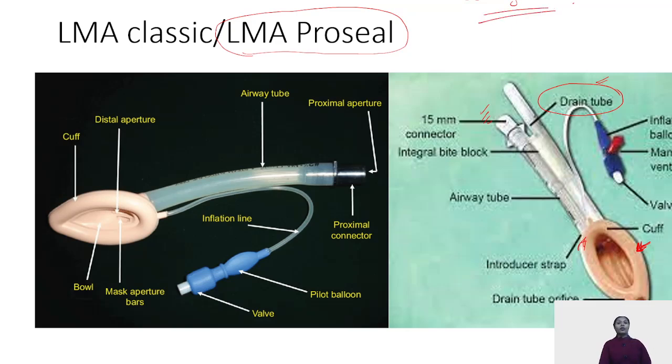The sealing pressure is how much pressure these LMAs can protect us against aspiration. Suppose the intragastric pressure increases to the extent that the chances of aspiration increase. That is the sealing pressure. For classic LMA, it is just 25 centimeters of water, so there is very little protection against aspiration. But when we talk about the second generation LMAs, the ProSeals or iGel, Baska mask, they give a sealing pressure of around 60 centimeters of water, which is well sufficient for your laparoscopic surgeries, pregnant patients, obesity surgeries, etc.